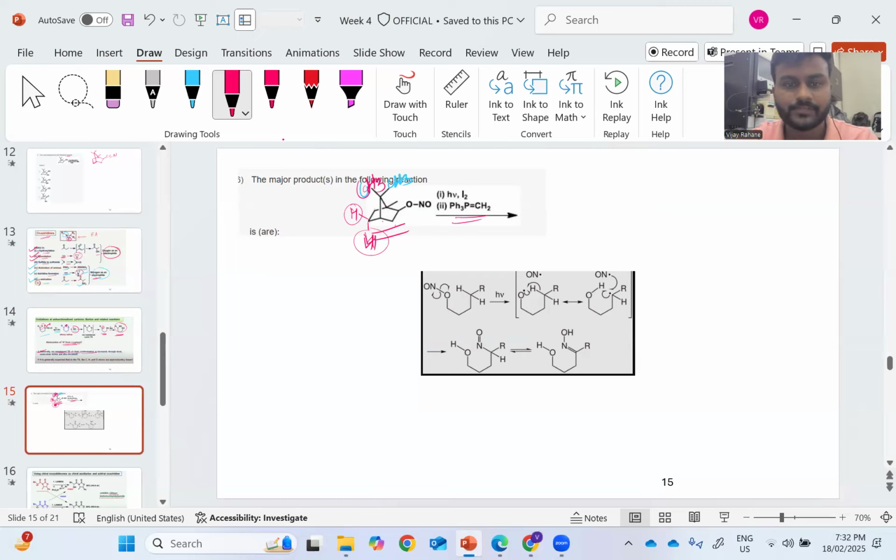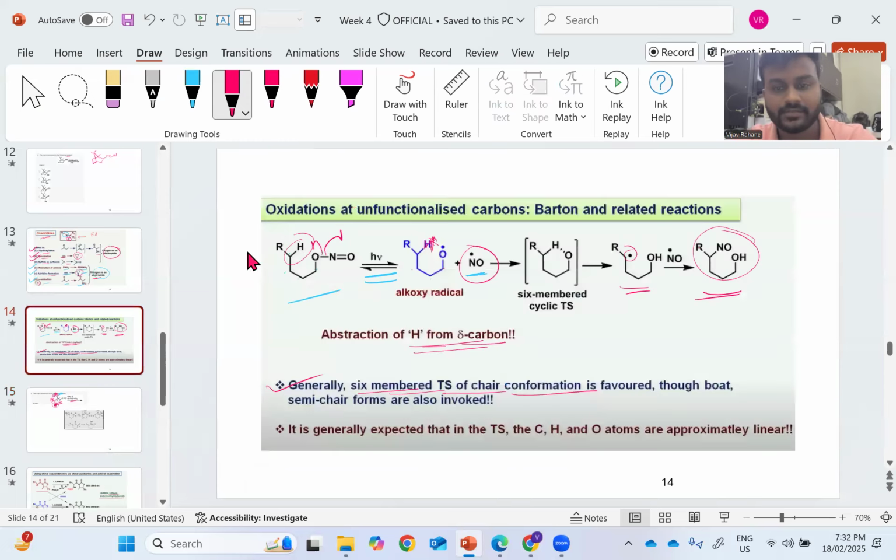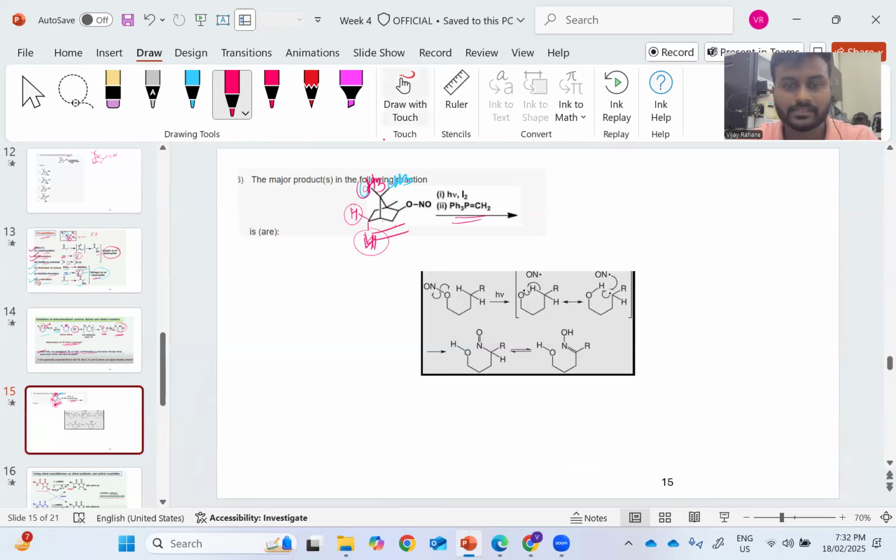The first step will be the ONO getting converted into the OH. But which OH? In this case, the six-member transition state should be preferable. So you have to look at which bond gives the six-member transition state among these. At that position, the OH bond gets formed, followed by